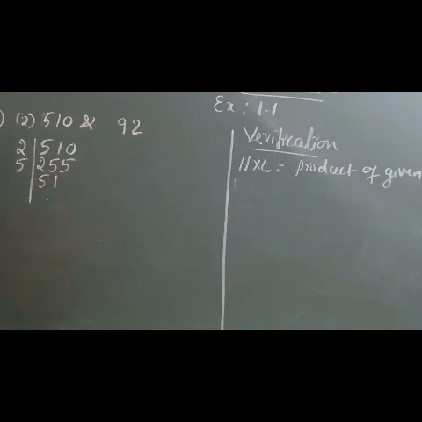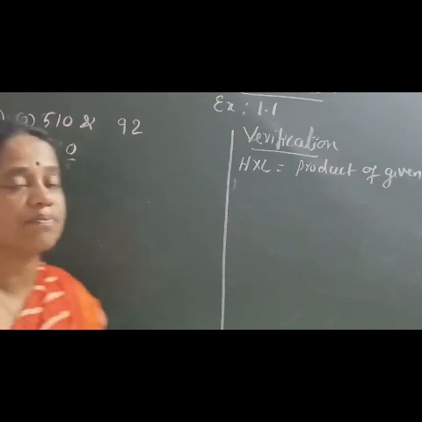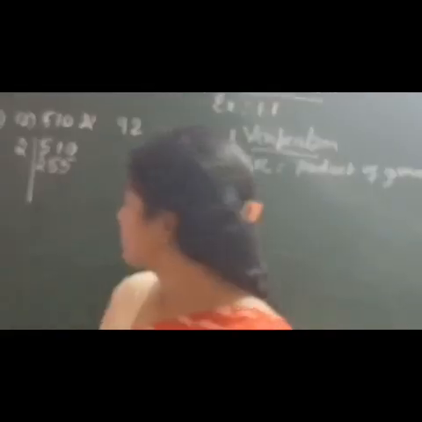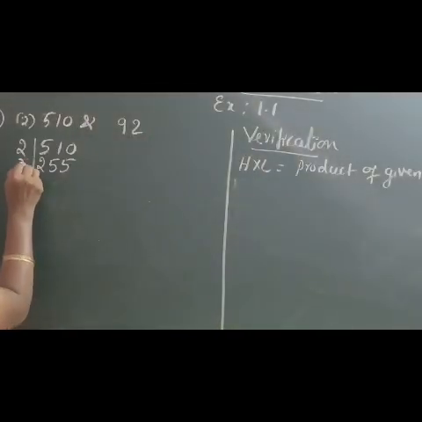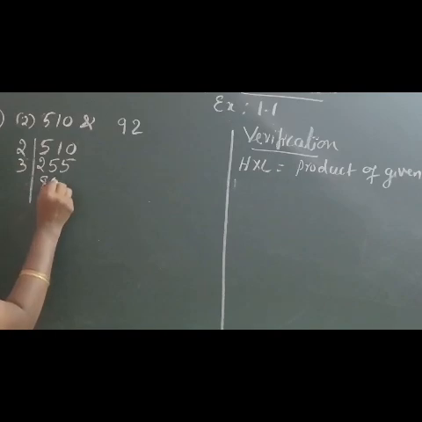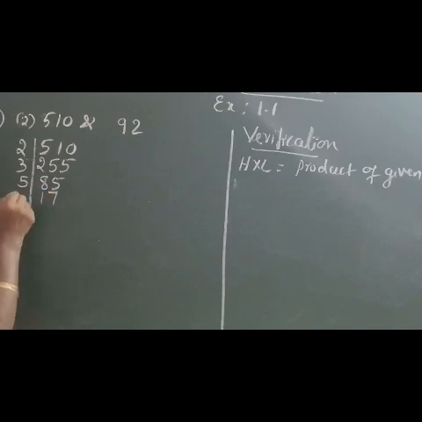Then, okay, actually this number is divided by 3 also. How? 2 plus 5 is 7, 7 plus 5 is 12. 12 is a multiple of 3. So this number 255 is divided by 3. That is 3 8s are 24 and 5, and 85 is divided by 5, 5 1s are 5, remains 3 here, 5 1s are 5, okay, 17s are 17, 17 1s are 17.